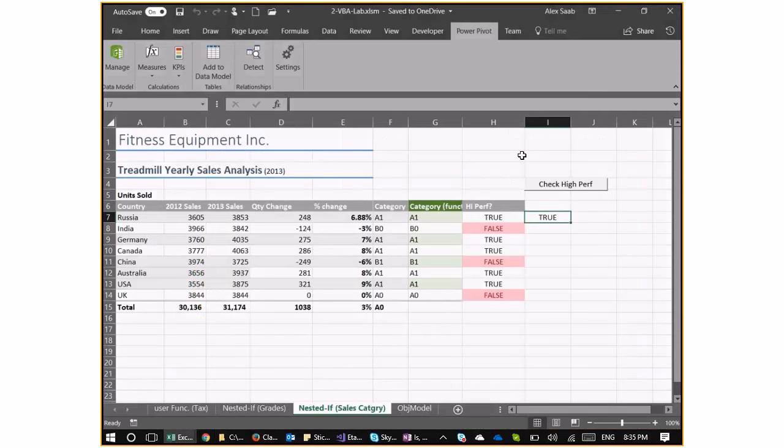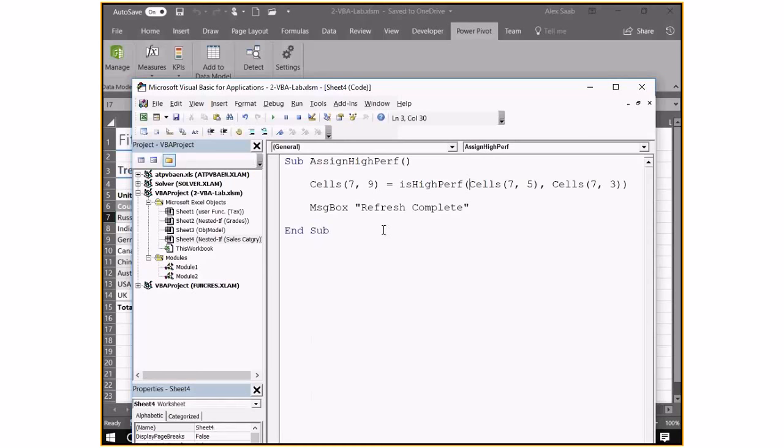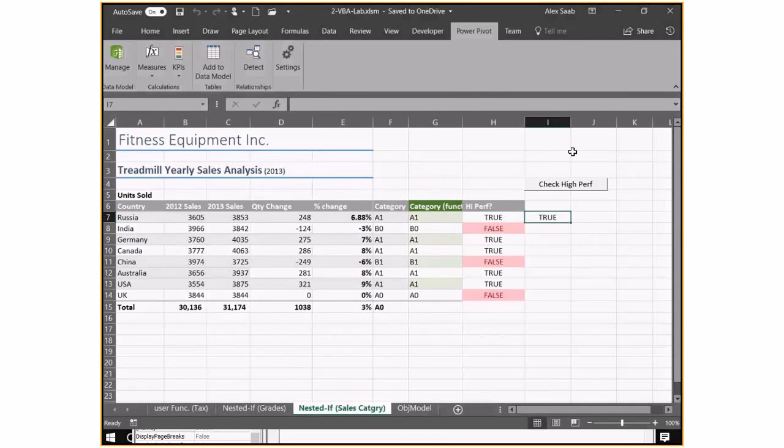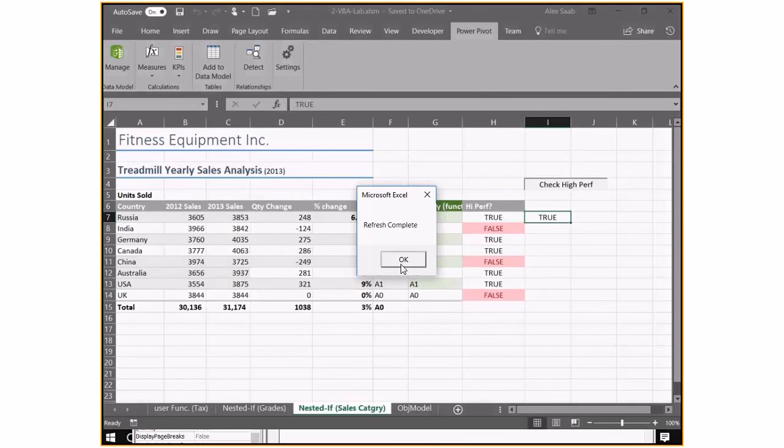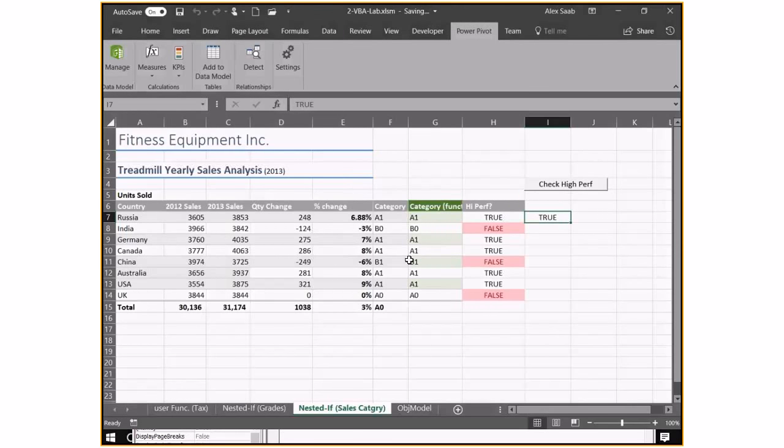So every time now, since I added this message box, which is basically a pop-up that just delivers whatever message I put in here, at least I know it went through this. So now if I click it, I get refresh complete. So I know it got executed. I hit OK and close. Now the easier way to do it,